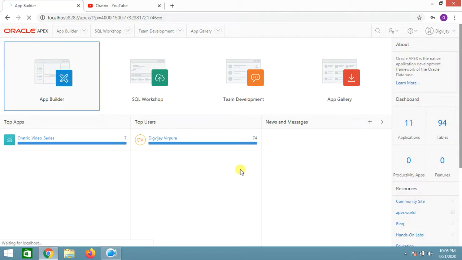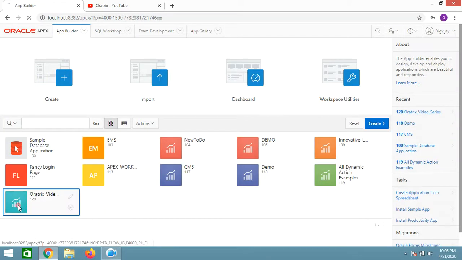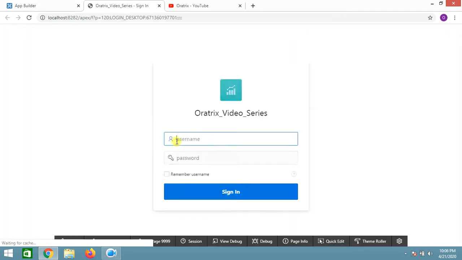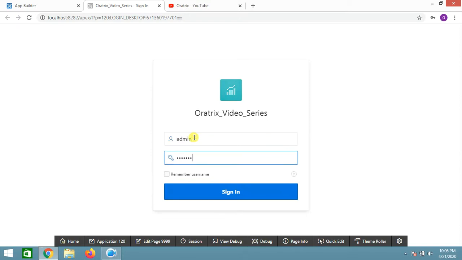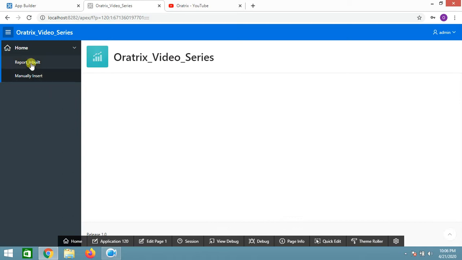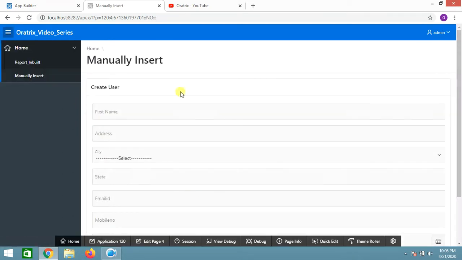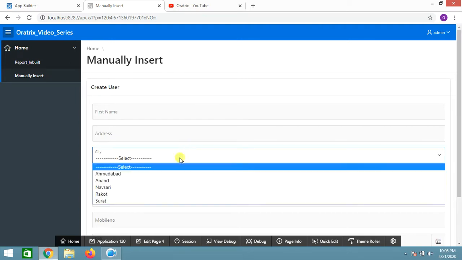Okay, so we worked on this application in the last video, in which we created an inbuilt report. Let me show you so that you can be connected. We have done this one, and we created this manual entry in which we took this particular thing, city, as a shared component, right?